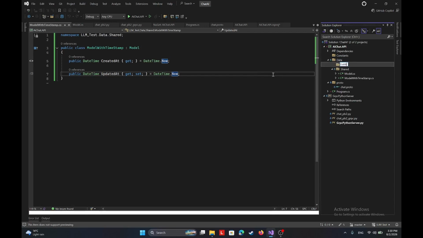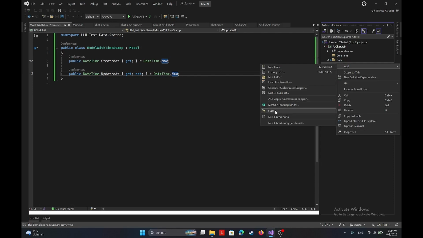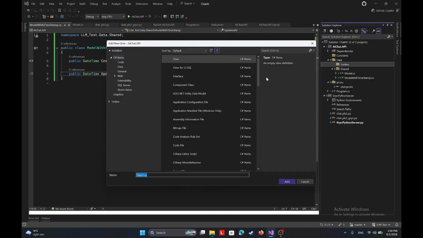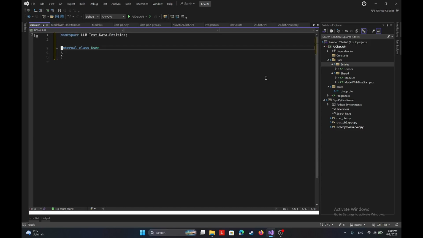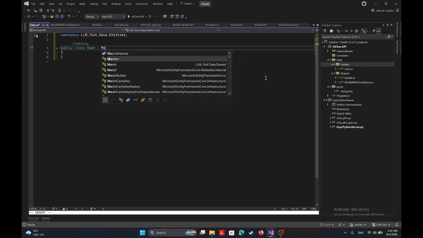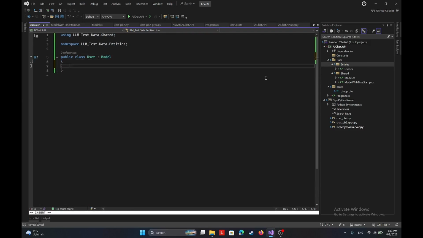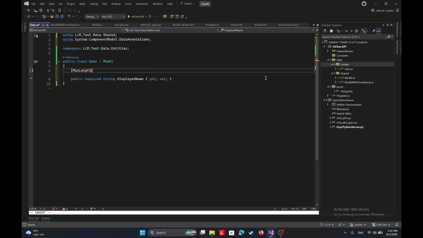Now let's move to our entities. And here we're going to create classes that we're going to use in our database as entities. Let's start with our user class. We need to inherit from model to add ID to our user. Our user contains the following fields. First, display name, public required string, get set, name, max length,